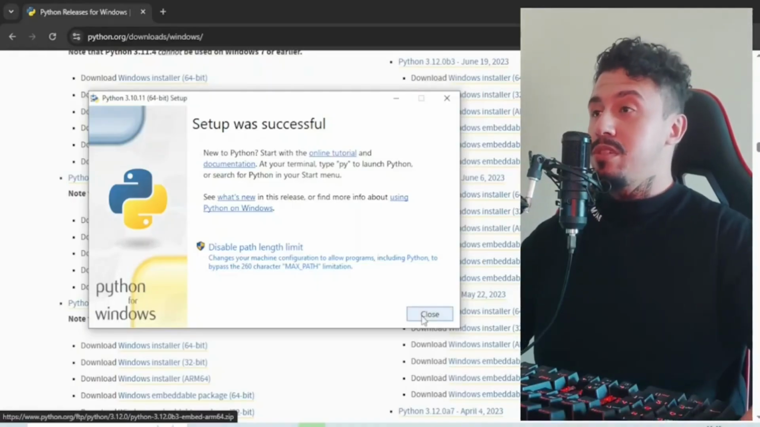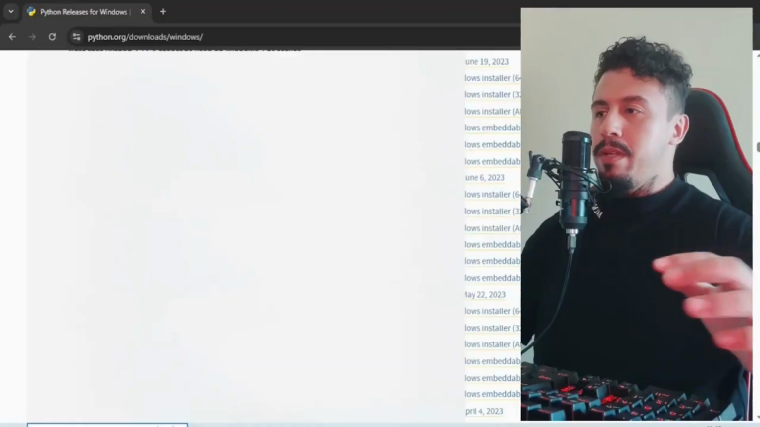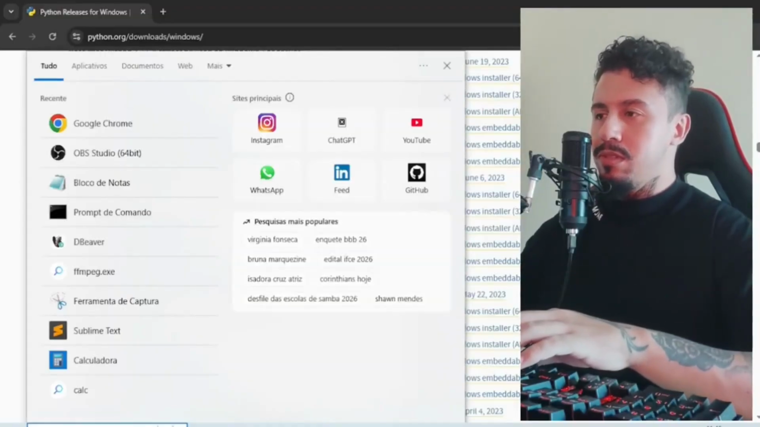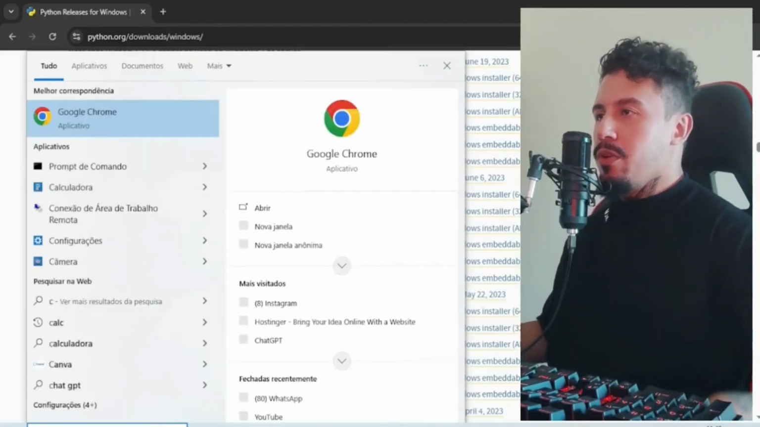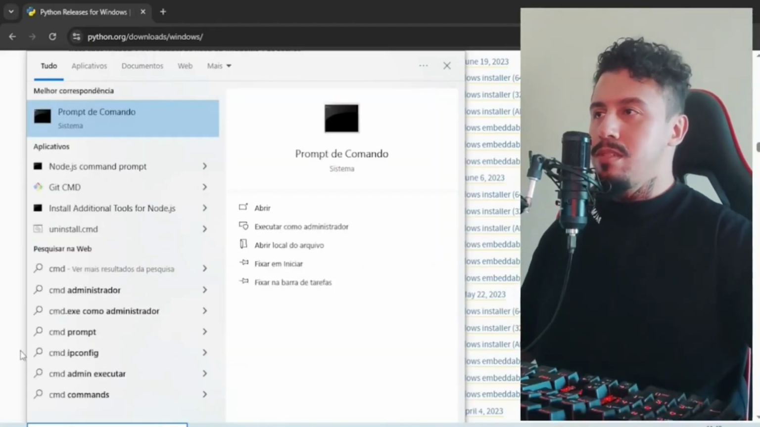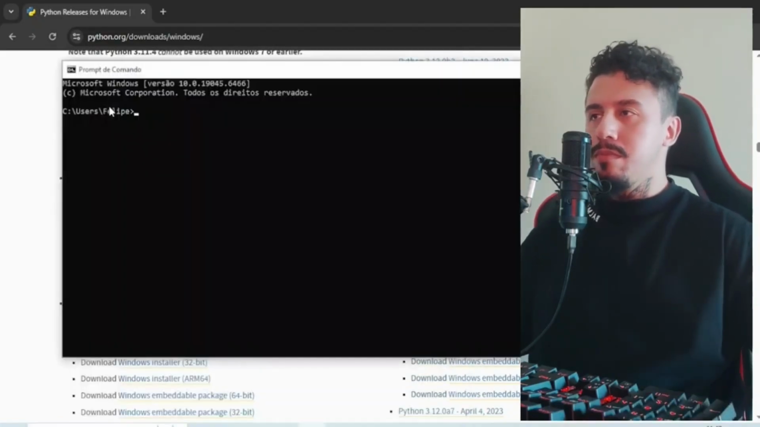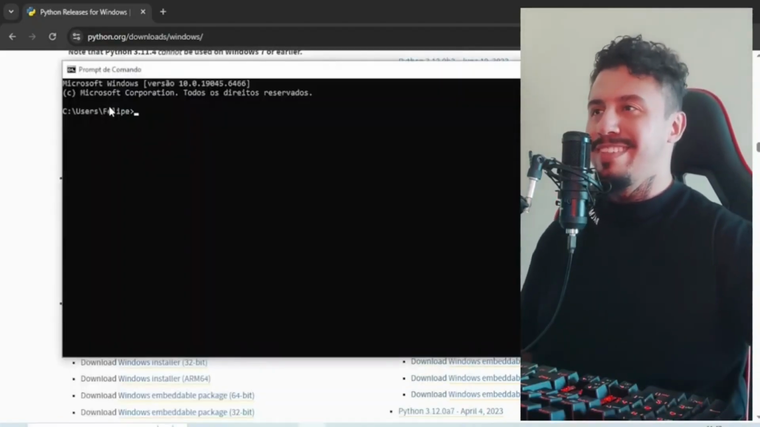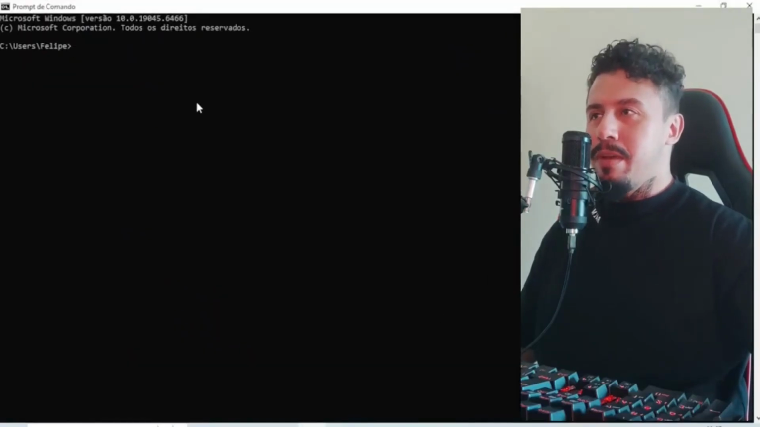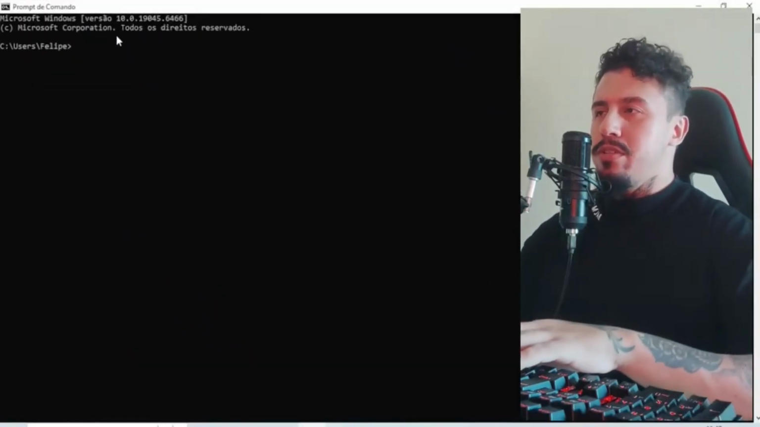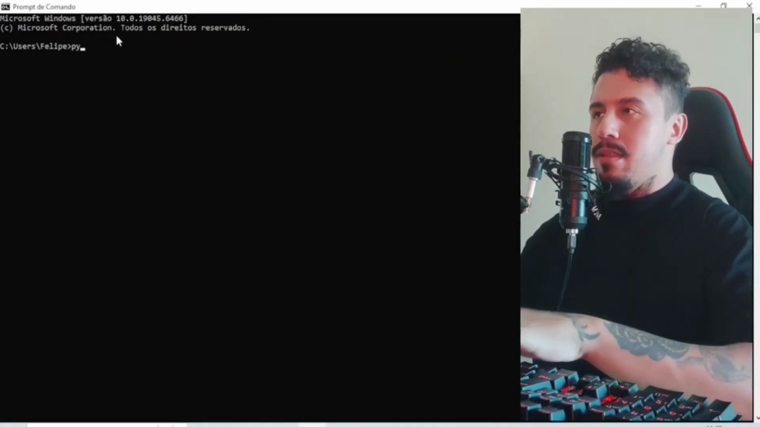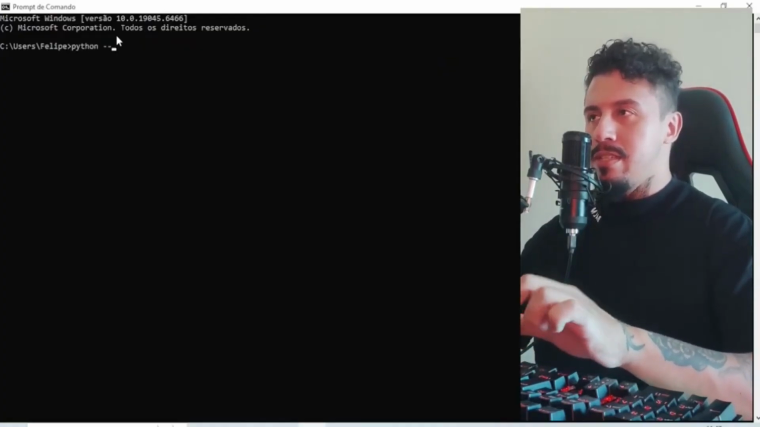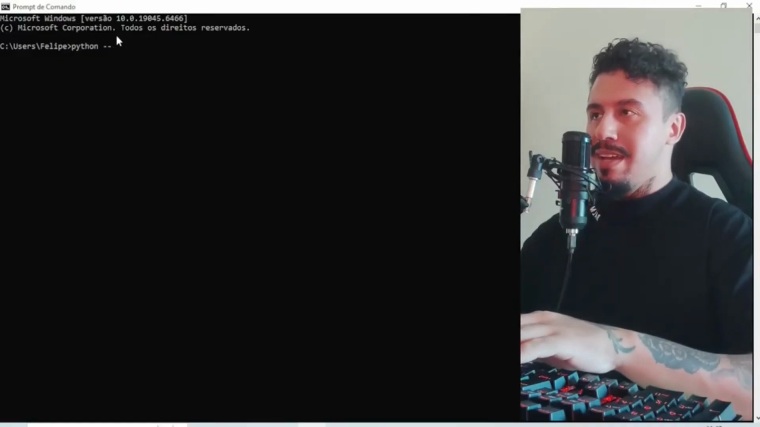But we are not going to trust this screen right here. We are going to check by ourselves. Alright, so close here. You can open your terminal. So click here in the search bar and type cmd. You are going to see the command prompt, and you are going to click here to open this black screen. You can maximize this screen, and now we are going to type python dash dash